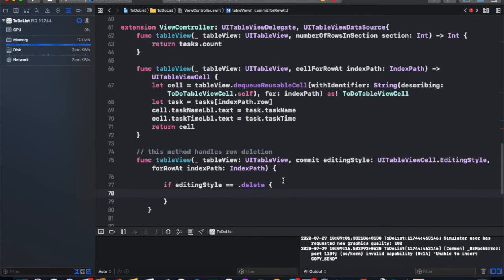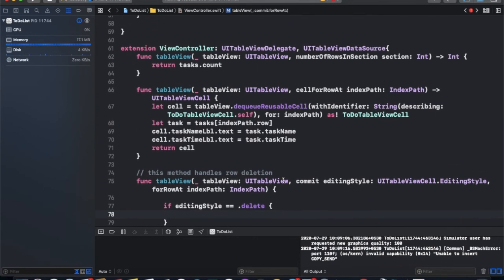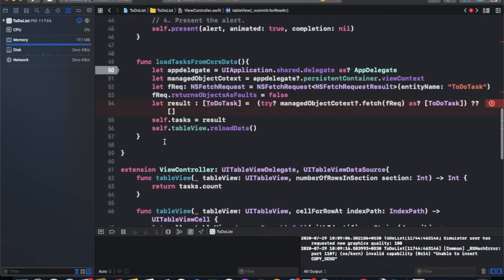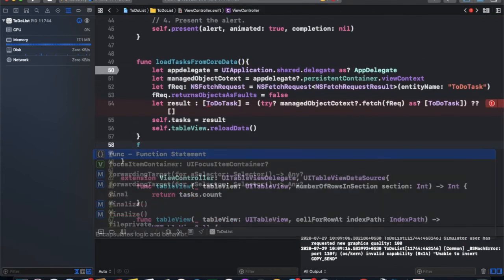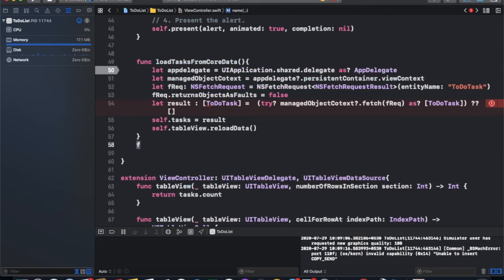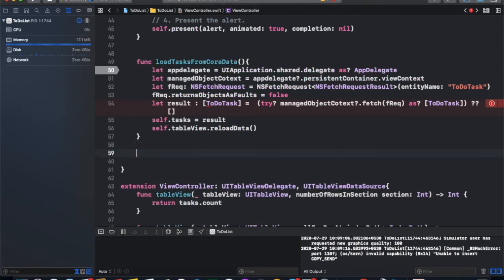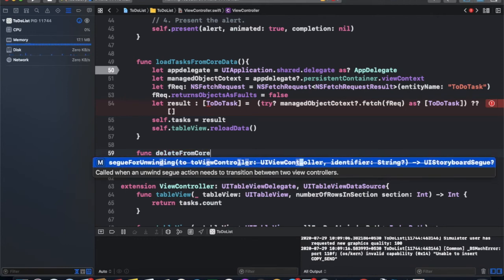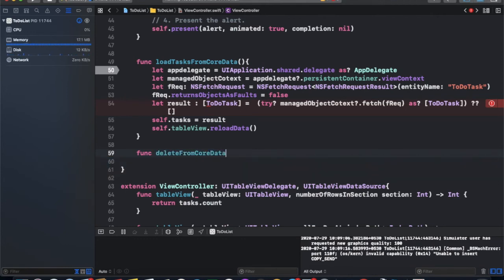And we write a function to delete from Core Data. For delete, we need some unique thing like an ID.